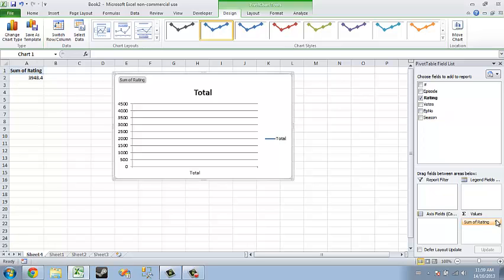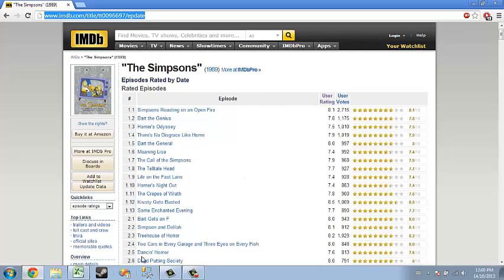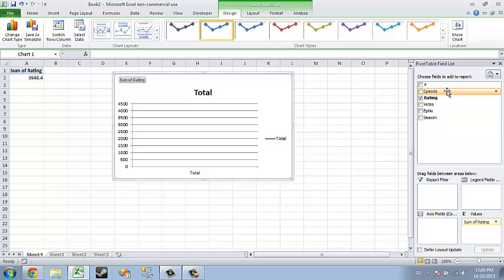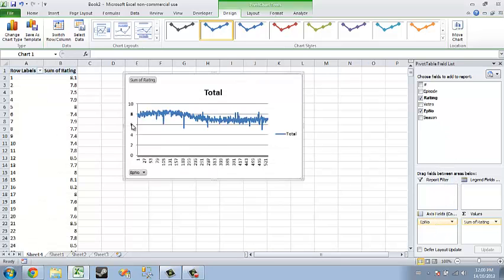So I can take the sum of the rating, and each episode has, the website itself is outputting the average already. So there's only going to be one per. So in this case, the sum will work fine because it's always just the one. And I'm going to drag out the episode number to the axis field, and now we can see the progression over time. And this is also why I changed the